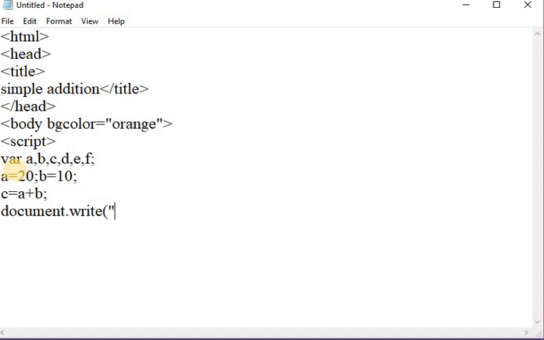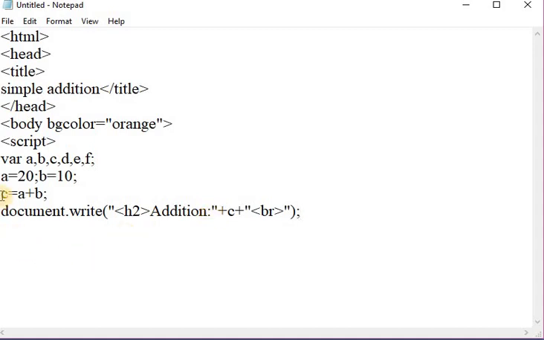Here I am taking the header tag h2, and displaying addition equal to, or colon, then use the concatenation symbol, that is plus, and here I am taking a break tag.